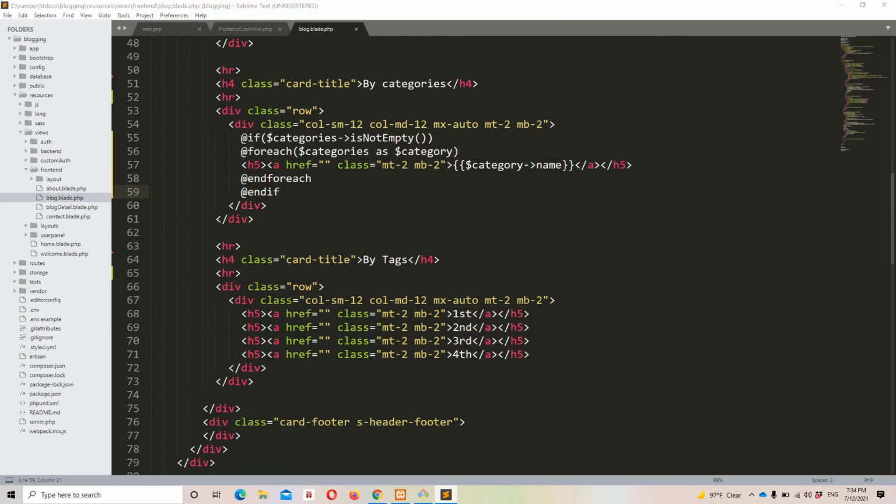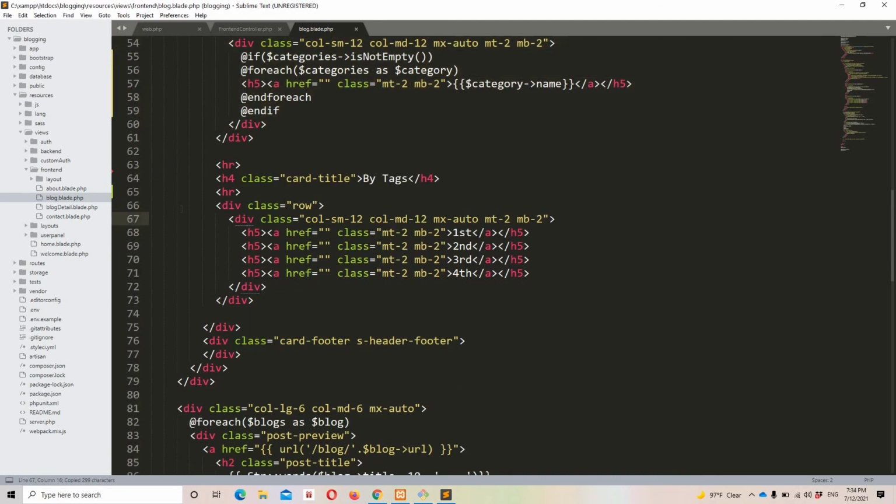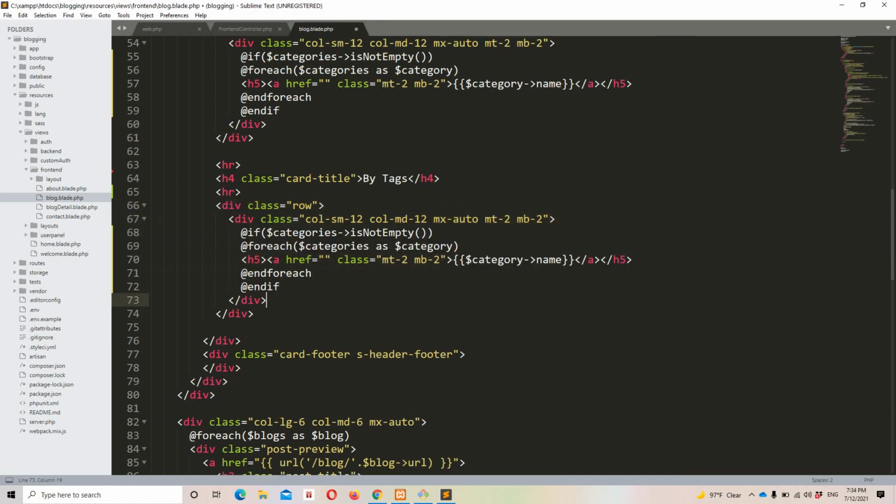So what I'm going to do is I'm going to copy this similar div, and I'm going to paste it, replace it with this one. Okay, just like that. Now let's make some changes so that we have tags right here, not categories. Okay, so let's copy this right here, paste it right here, and paste it right here and make it singular. Similarly, we are going to do it right here and make it singular.